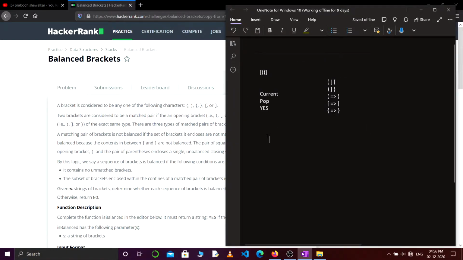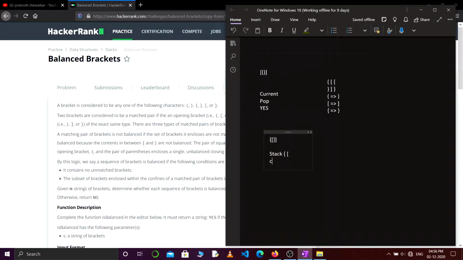Then let's try to solve it for another example. Let's say this curly bracket, and this. Let's write the stack over here. Initially, the first opening curly bracket, so we will push it into our stack. Then again an opening bracket, so we will push it into our stack.